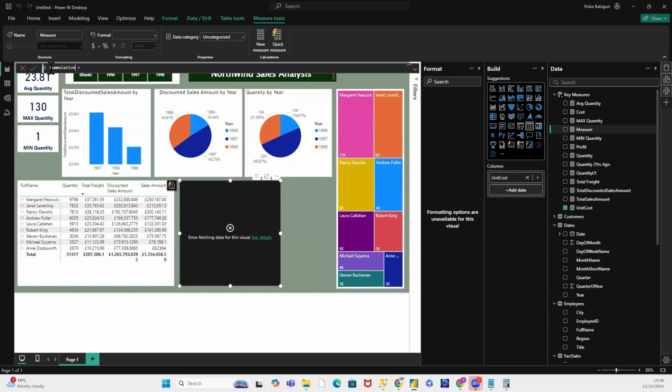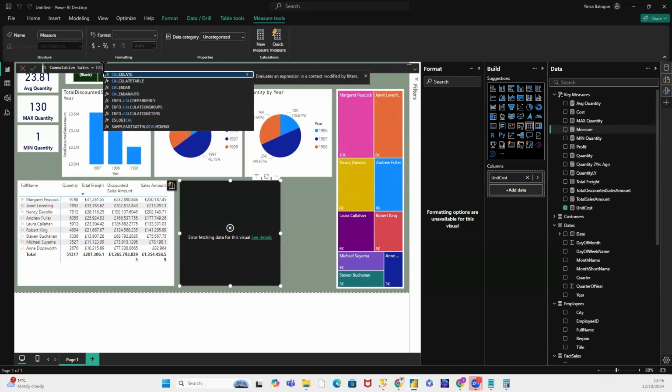You can call it cumulative, you can call it running total, cumulative sales. Okay, and we have this CALCULATE, which changes an expression like I've done before. Like I said earlier, your DAX function actually works on the column. But when I was using SUMX earlier, SUMX changes from column to rows. You can use this in a measure as well, but